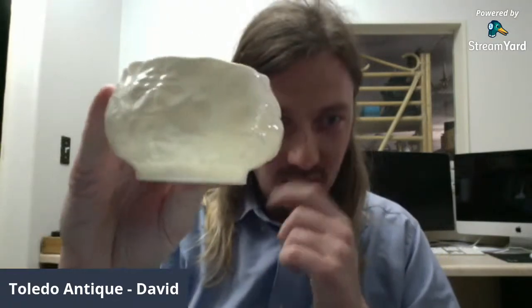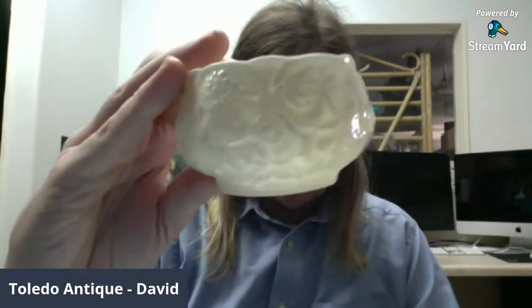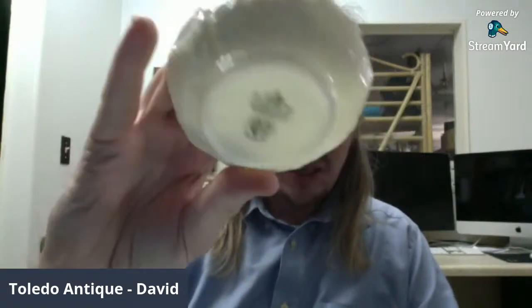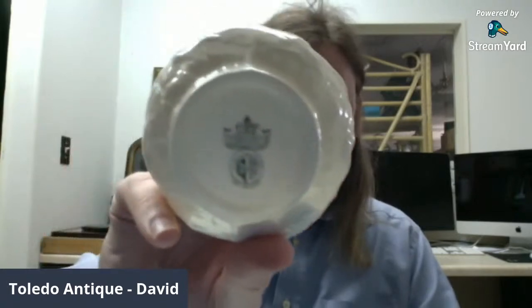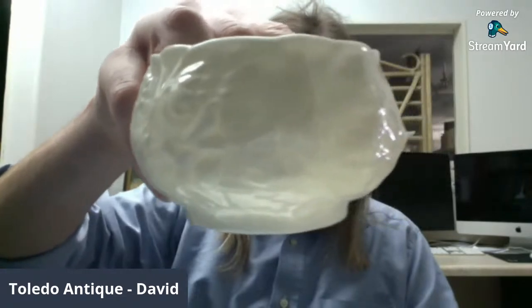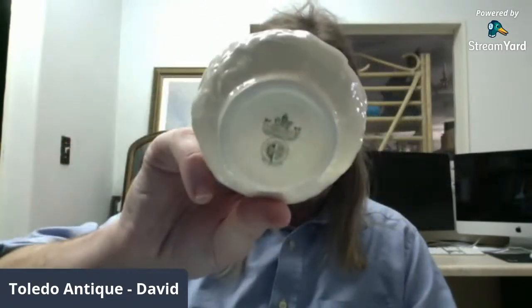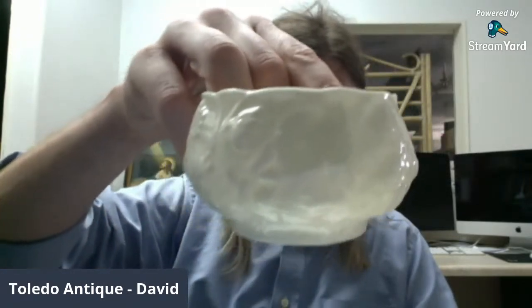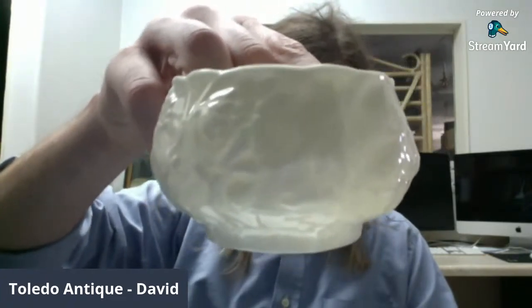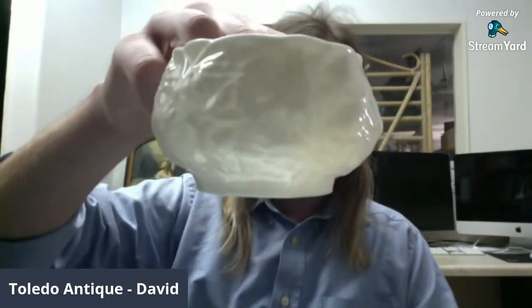And then I went to this estate sale recently, and nobody knows what this is. Evidently the estate sale company didn't know what this was because I bought it pretty cheap. Do you guys know what this is? Let me know if you know what this is, who the maker is. I'll tell you in a couple seconds. Now, this is a sugar bowl, and you can see it's like porcelain, and